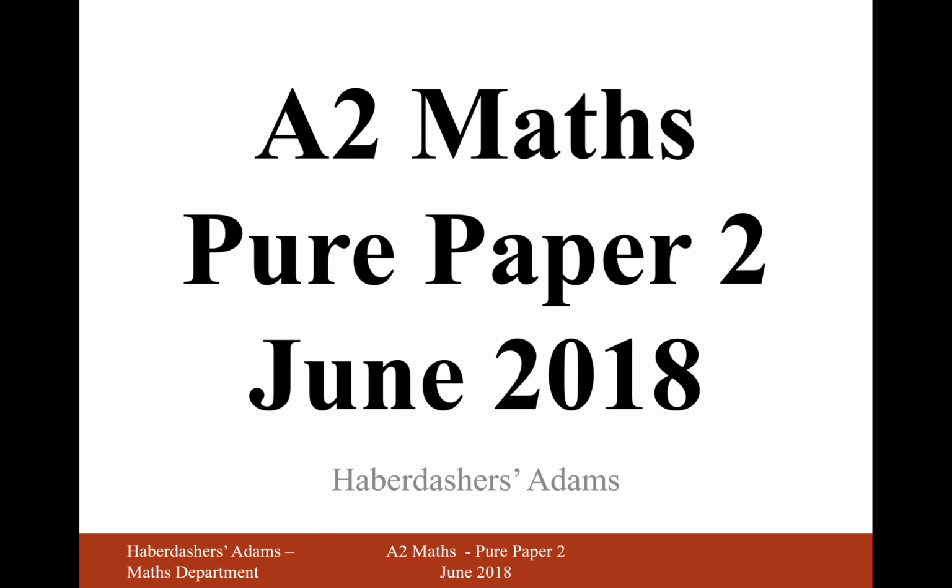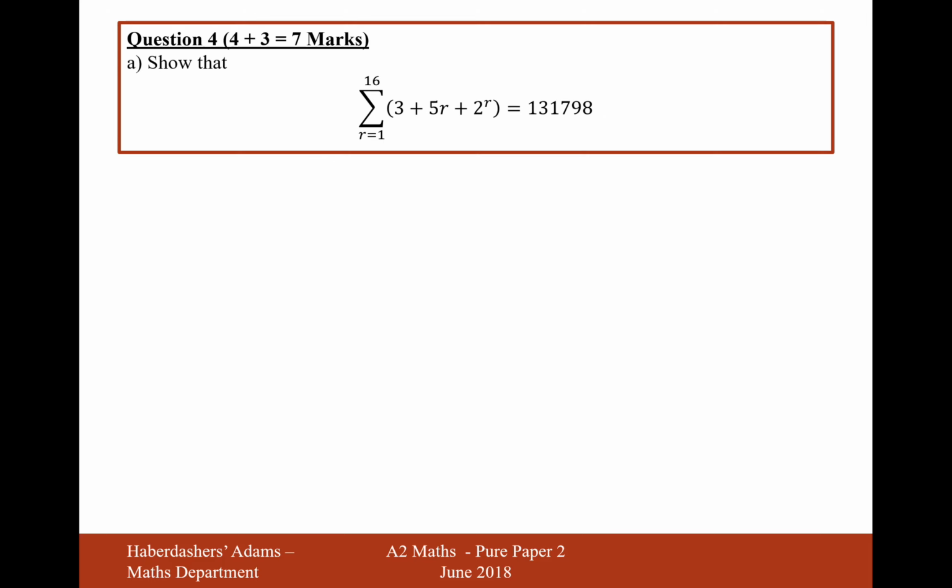Hello there and welcome to A2 Maths from June 2018 paper 2, and here we're looking at question 4, a series question. Show that the sum from 1 to 16 of 3 plus 5r plus 2 to the power of r equals 131,798. Now what you could do, you've got 4 marks and you've got some time,